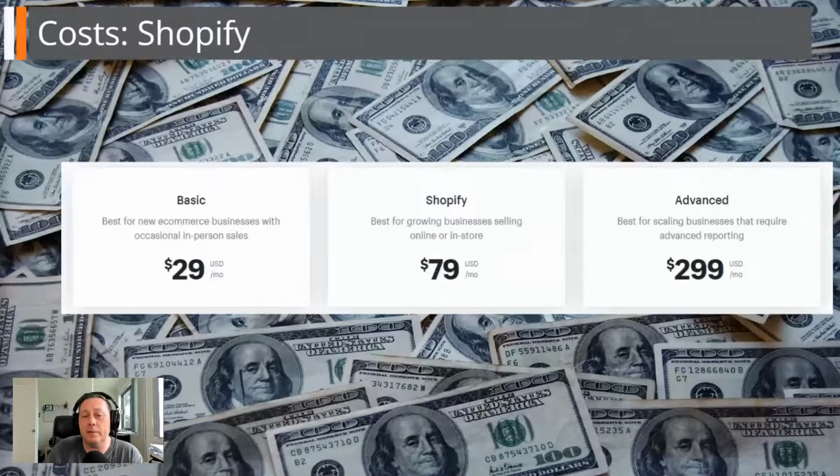Now, the Shopify payments solution costs 2.9% per transaction plus 30 cents for every transaction, and that's on the basic plan. Now, you can use other payment gateways, but again, Shopify is going to take a standard transaction percentage of 2% on each transaction on the basic plan, on top of the commission that the payment gateway is already charging. So if Shopify doesn't support the payment gateway that you need to use, you could end up paying double the commission on each transaction, which is a bit of an ouch for me.